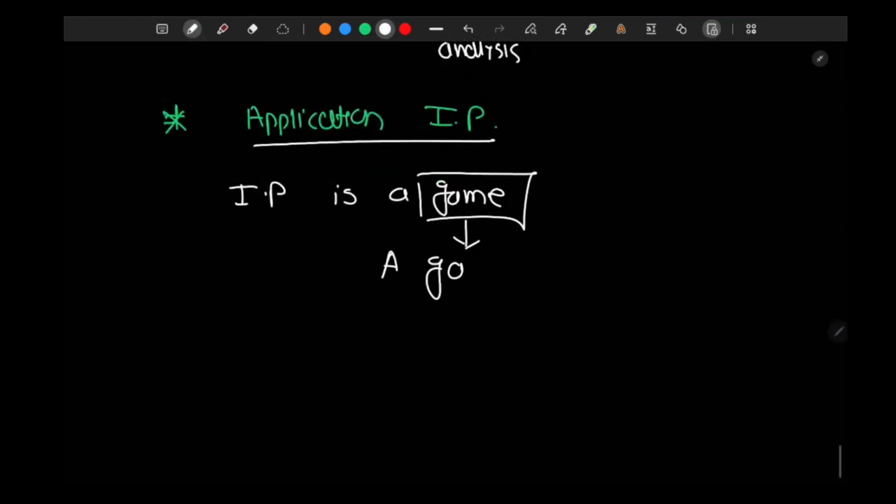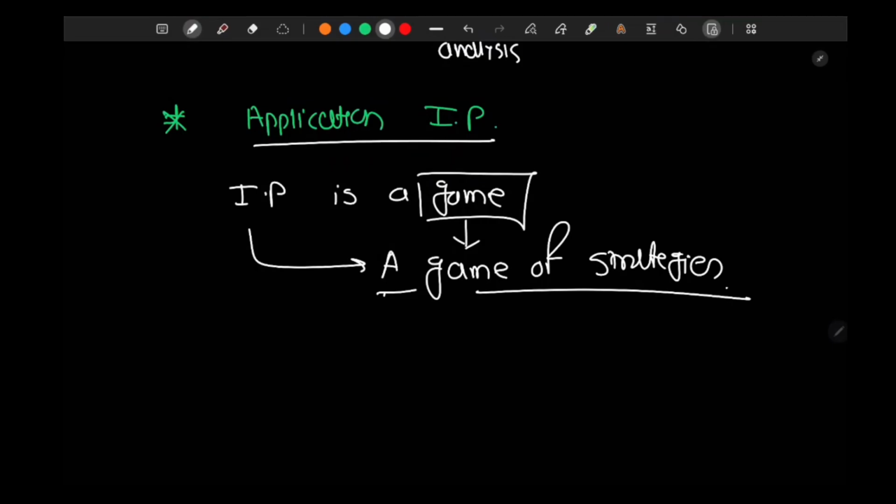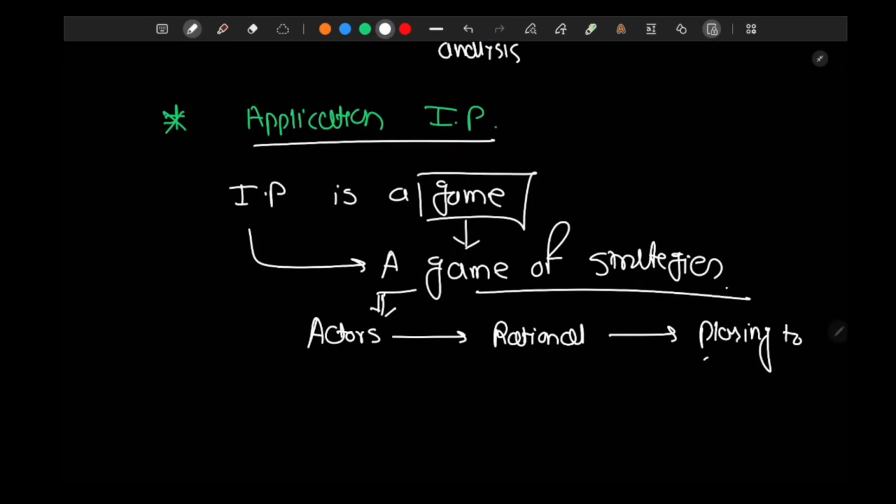IP is a game of strategies, right? When it is a game of strategy, you can safely assume that there are actors, there are players playing, and all players are rational. They are playing to win,